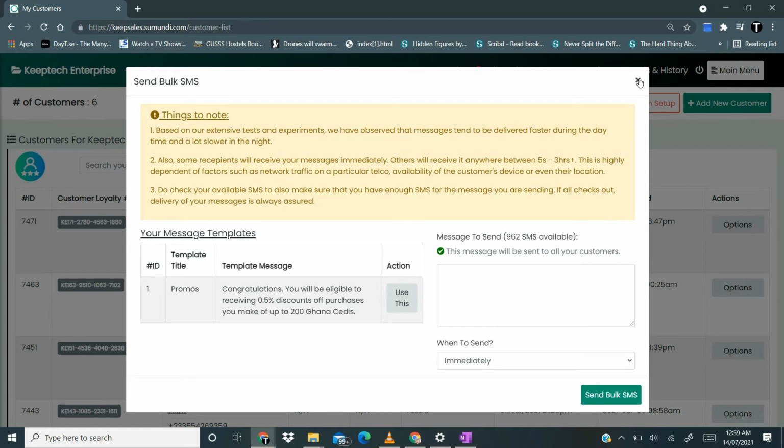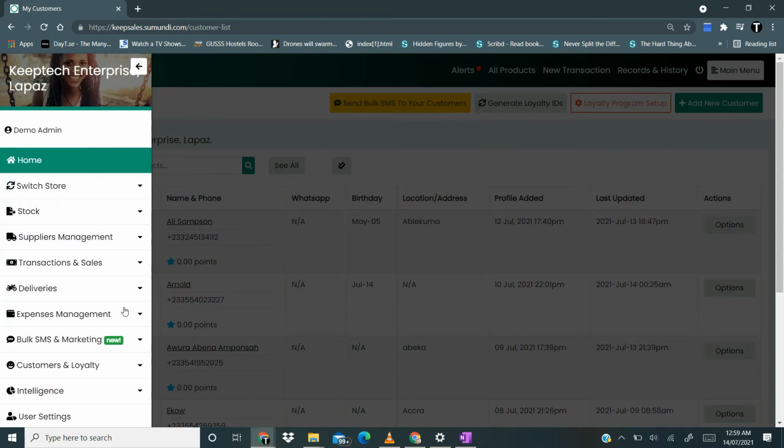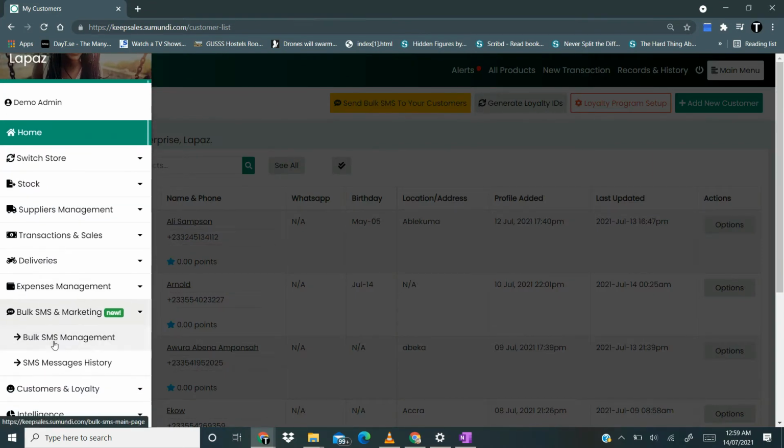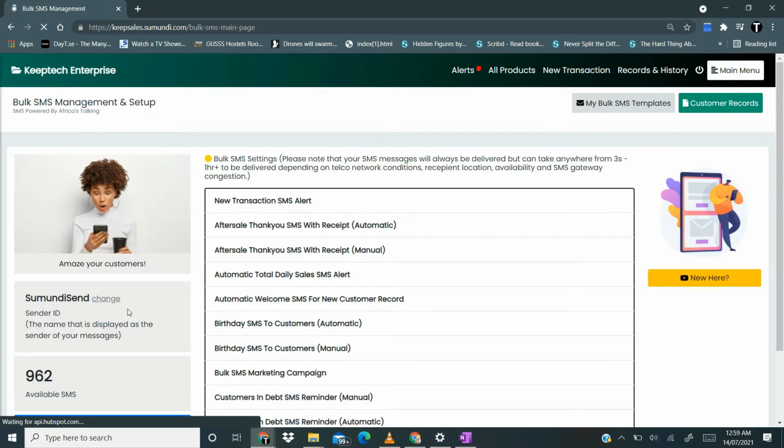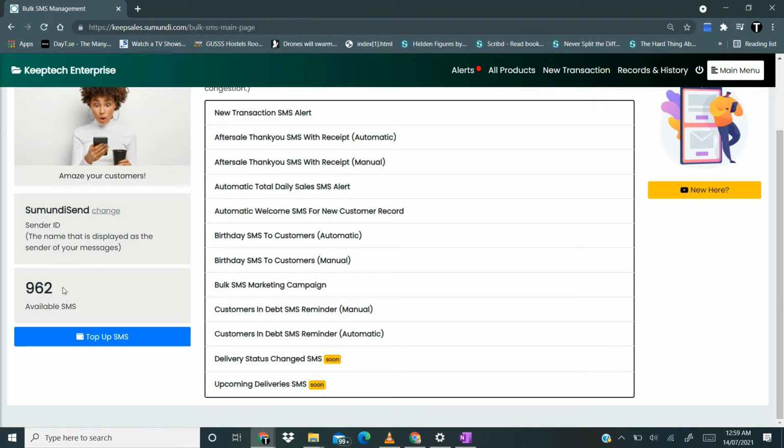So when we go back to our bulk SMS management page, over here it says that we have an available SMS of 962, meaning we can only send 962 messages. Now all we are trying to say is that you should make sure that you always have more available SMSs